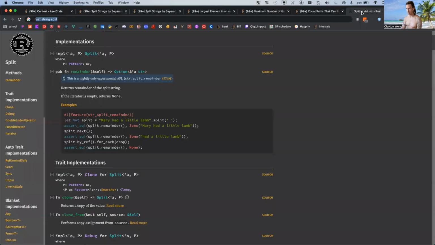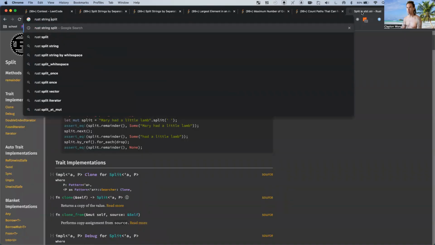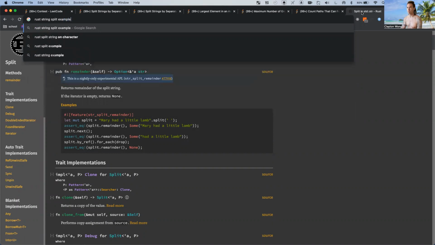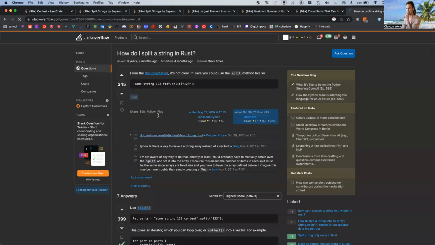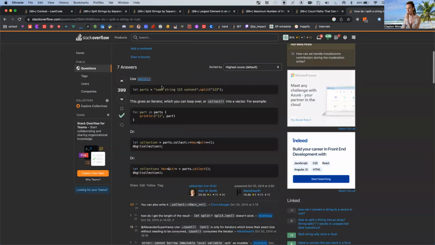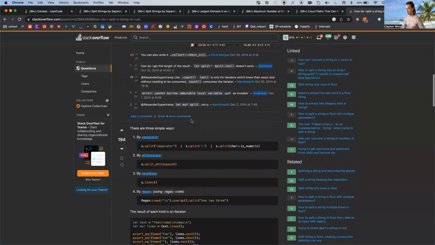Let's see if we can find this Rust string split example. I don't really know Rust very well. Let's put a string in Rust, split. These are our parts, and collect into a vector of